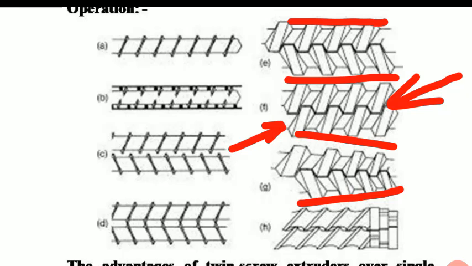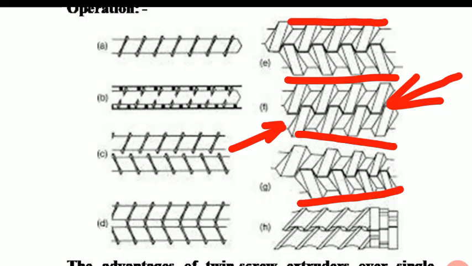So, proper pumping will be there and the mix will get better dispersion, and a distributive mixing of compound ingredients will take place. But in non-conjugated screw arrangement, the screw flights are a loose fit into one another, so that there is sufficient space for material between the screw flights.